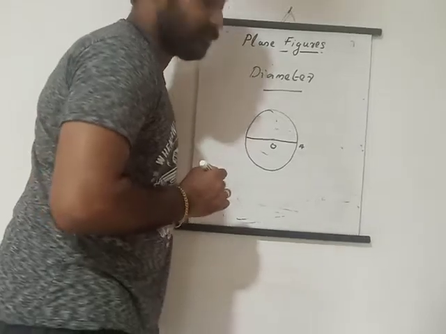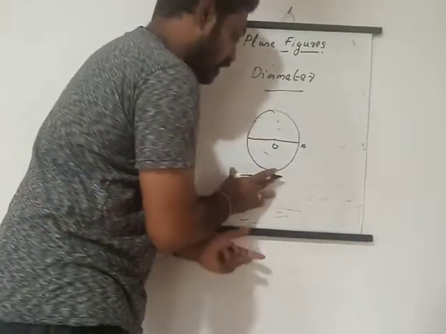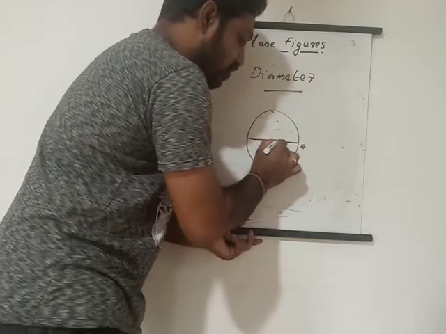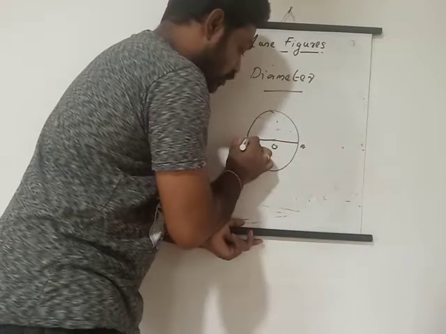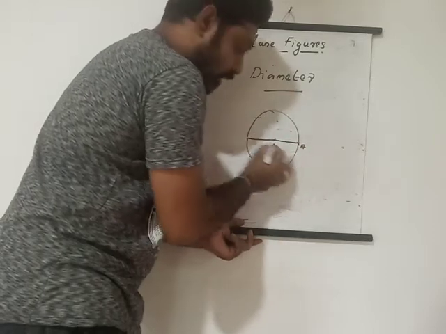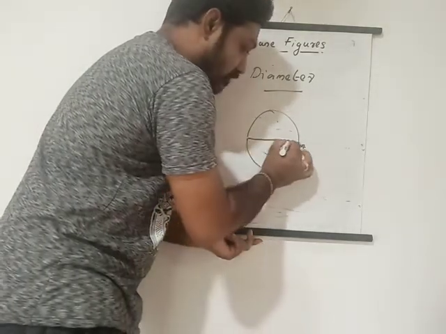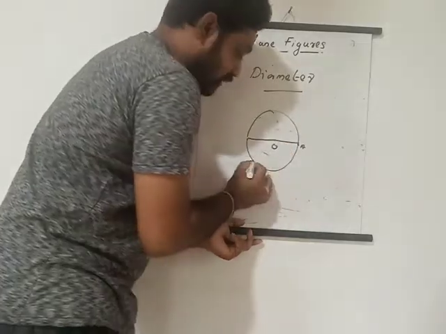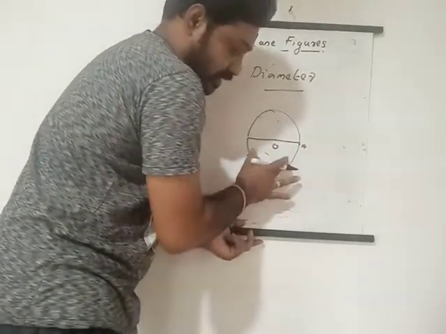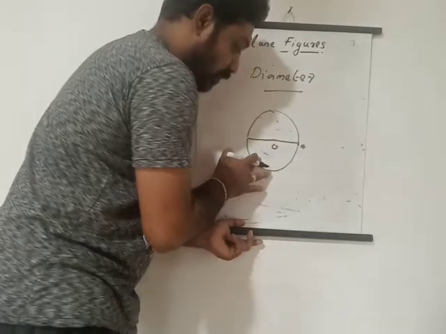The diameter. Diameter is actually a straight line that is passing through the center of the circle. Understand? 2 points, isn't it? It is connecting the 2 points on the circle. It must pass through the center of the circle. Understand? This is not the radius. It will be, you will study it later. It has another name. Okay, I'm not confusing you.